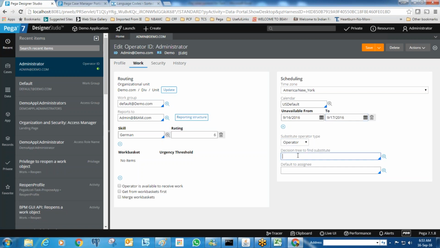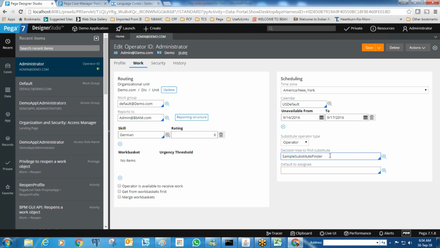It's not about hard coding a substitute operator; we need to use some decisioning to identify it. So we'll use a decision tree for that. This is the sample decision tree. This rule will identify the substitute operator and return the operator ID, and then when you receive work while not available, that work will automatically be routed to this person.